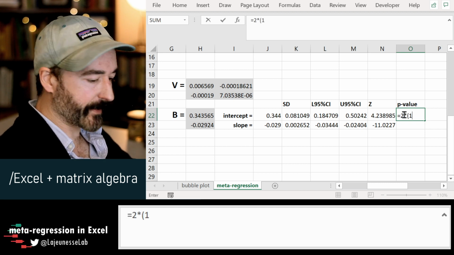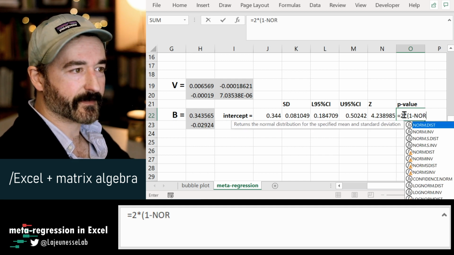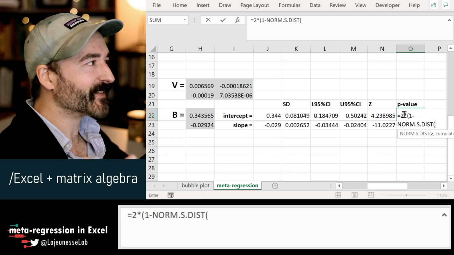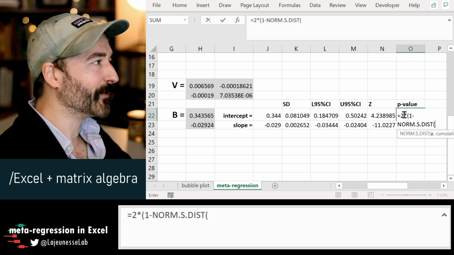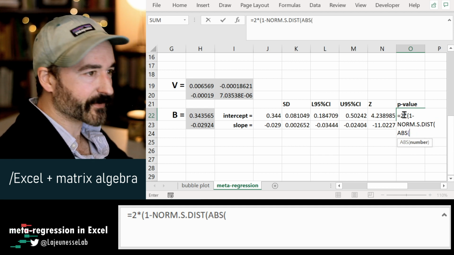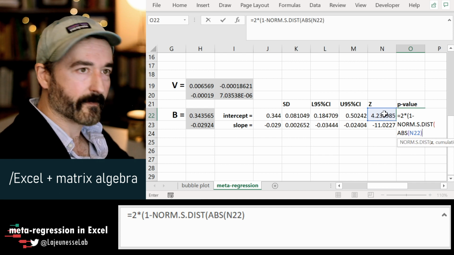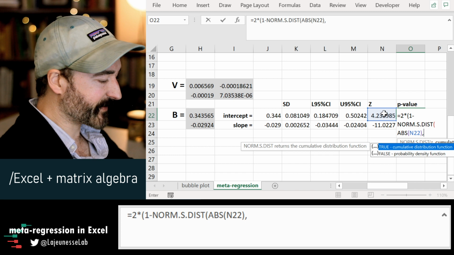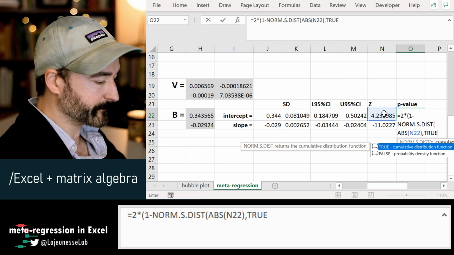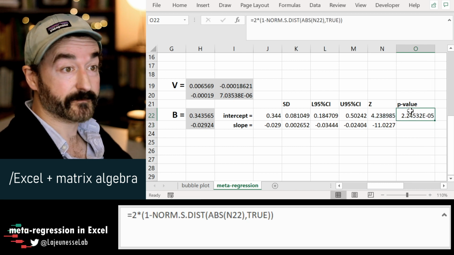So 2 times 1 minus NORM.S.DIST. That used to be called NORMDIST in old Excel, but now it's called NORM.S.DIST. We want the absolute value of our z. And then we want the cumulative distribution function, so we write TRUE. And then we close it all off. There's our p-value,